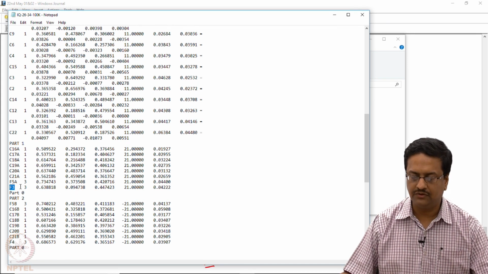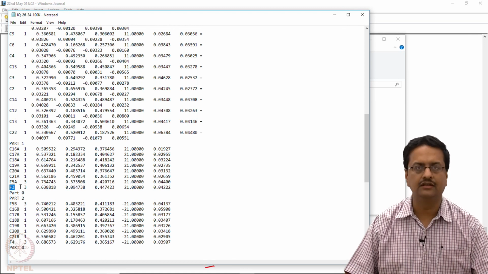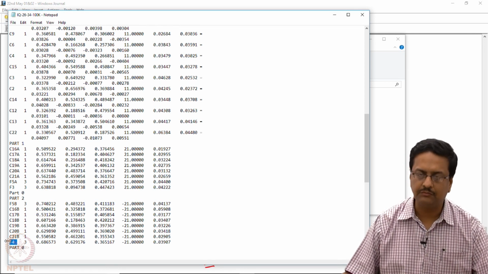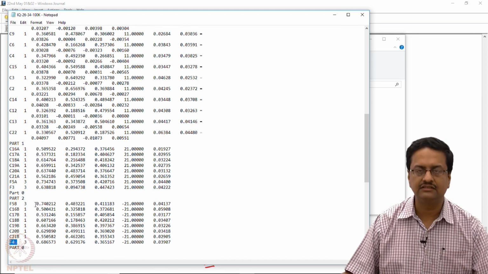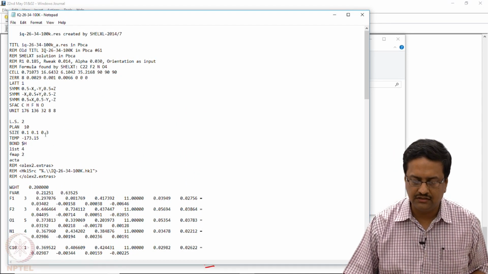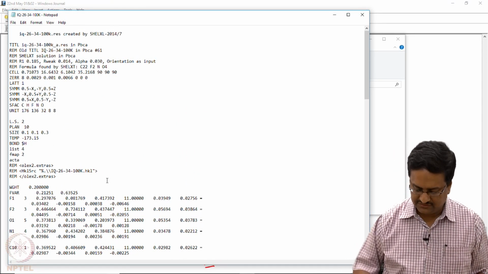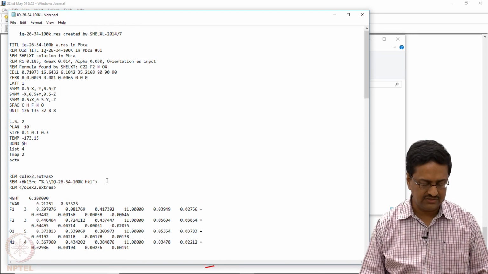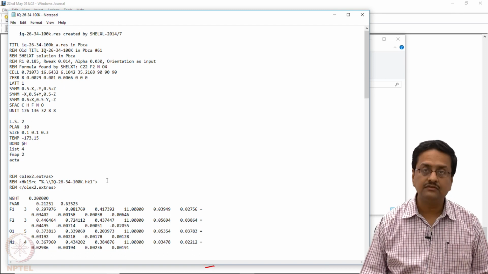F3 is one component which is only present in part 1, F4 is a component which is only present in part 2, whereas all others are present in their same location. So, to incorporate that, what we need in these instructions is a certain number of EADP and EXYZ commands. So, we should also write